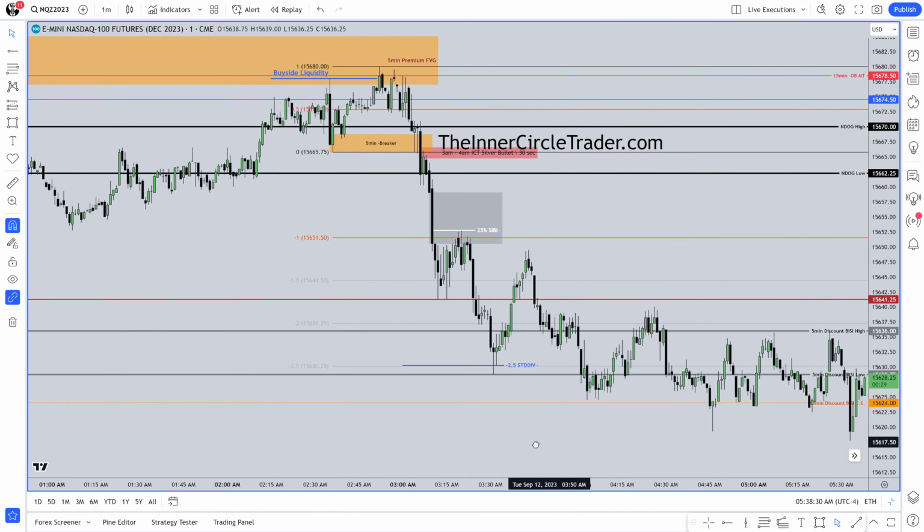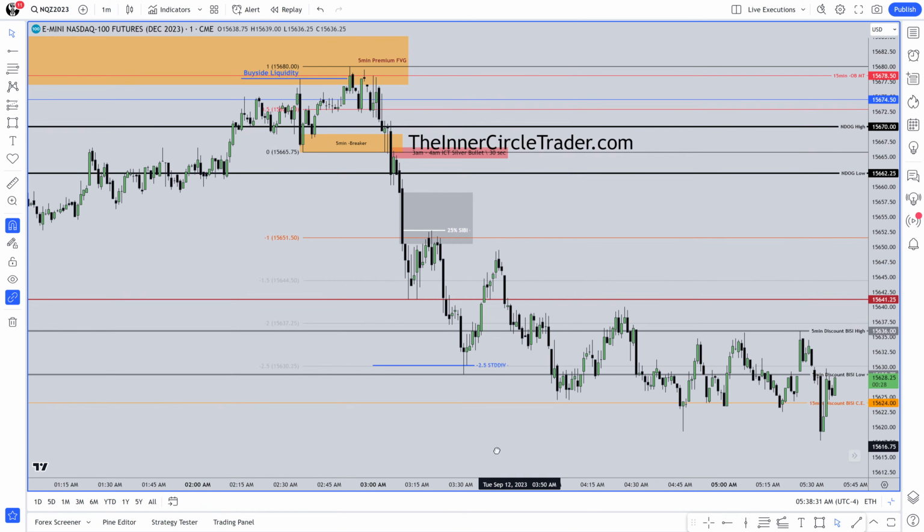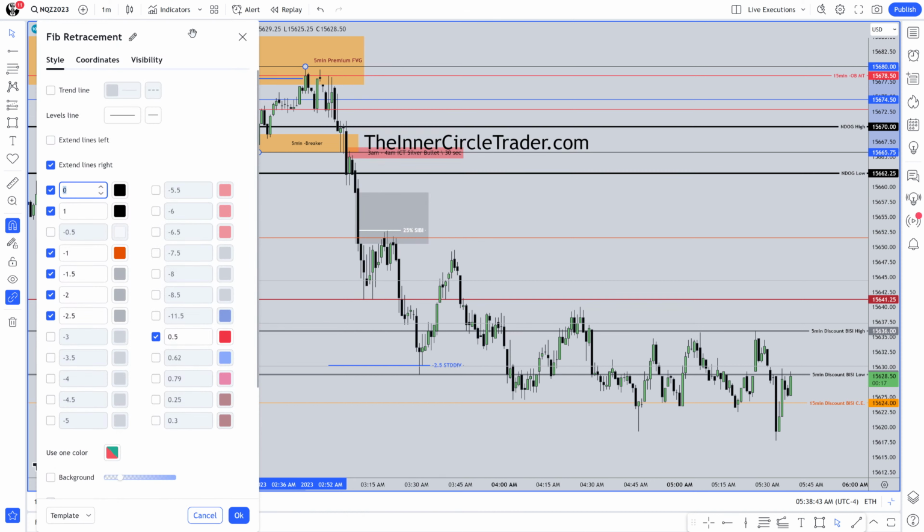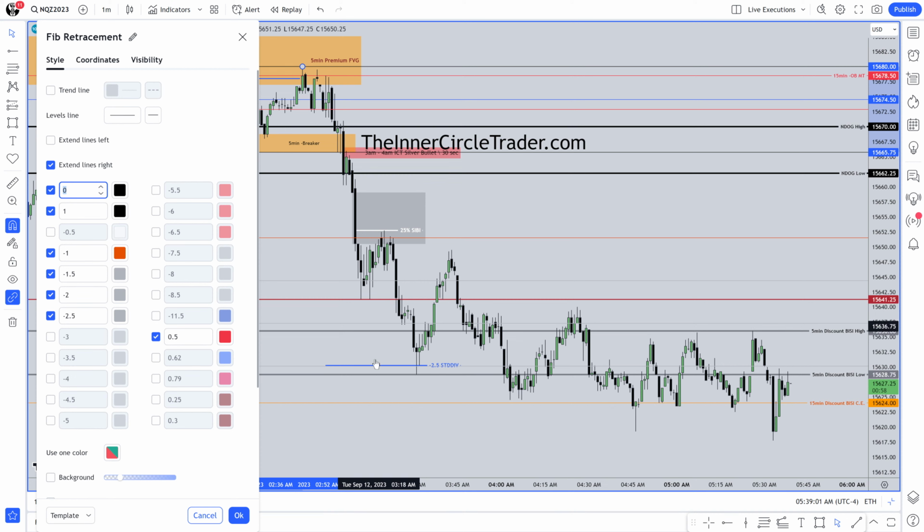Let me show you over here. I'm moving it over so you can read the levels on the annotations. Let me go back to showing you this. So what I'm doing is I'm looking for a convergence of standard deviations and reaching into specific PD arrays. So yes, below this level there's sell side, but it can be overzealous and dig into a deeper discount where that 5-minute fair value gap is. So this is good, but if we